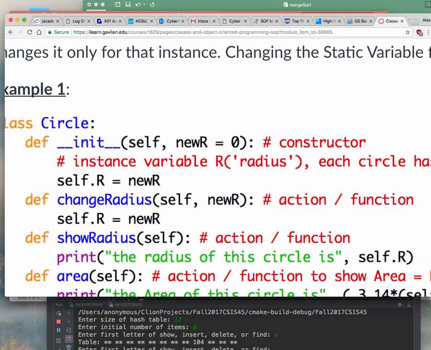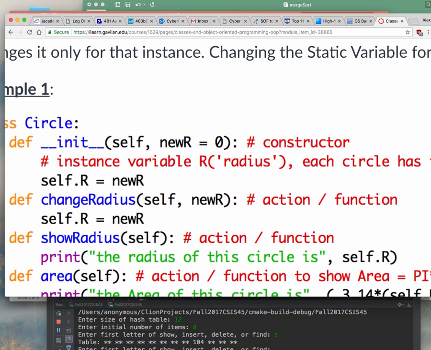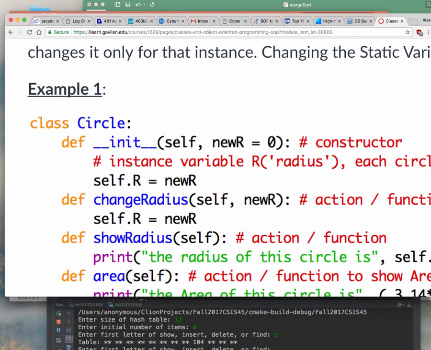Okay, the properties. And by the way, remember that the class circle is a template for an object, and we can create multiple different objects from this template. And just like different circles have different sizes, you can create many different kinds of circles, each of them with different sizes. So that's just keeping it basic.